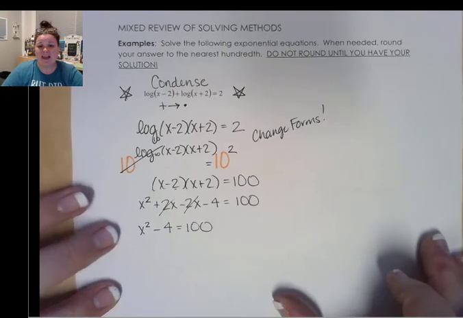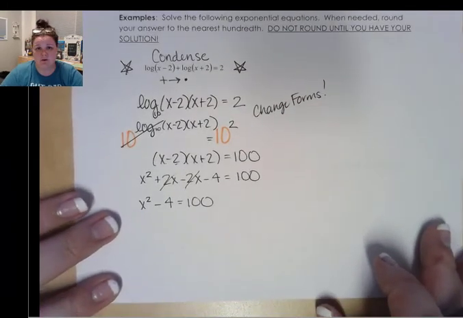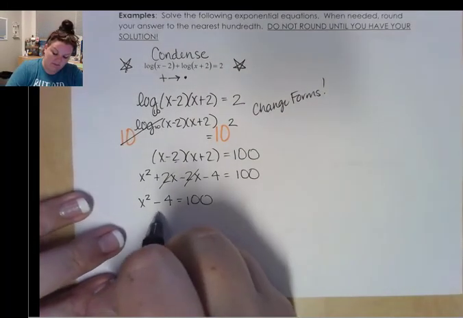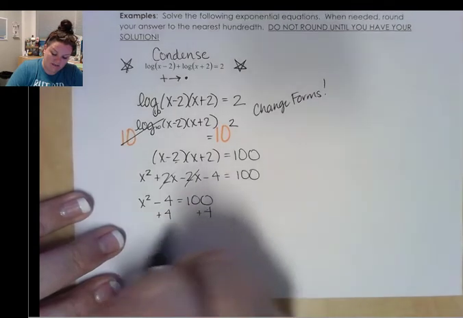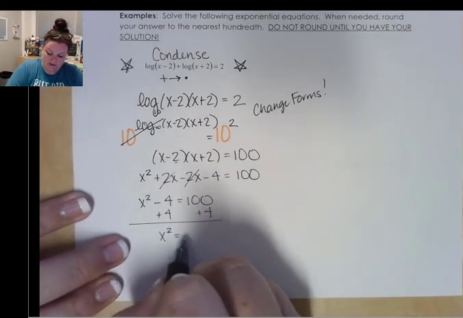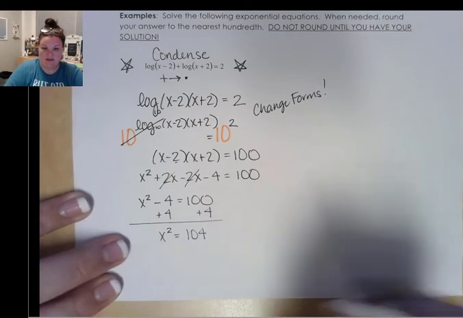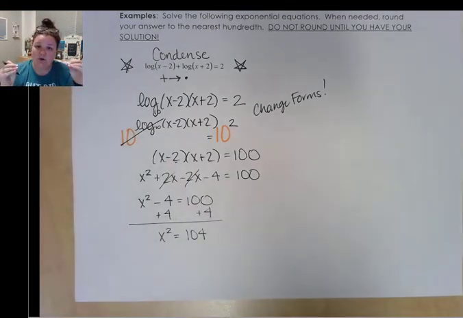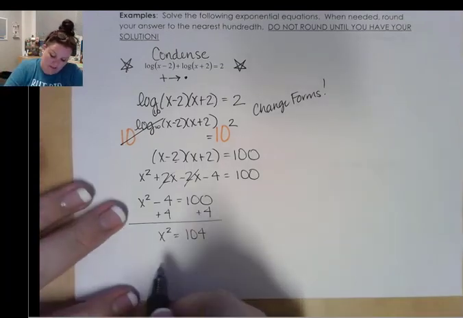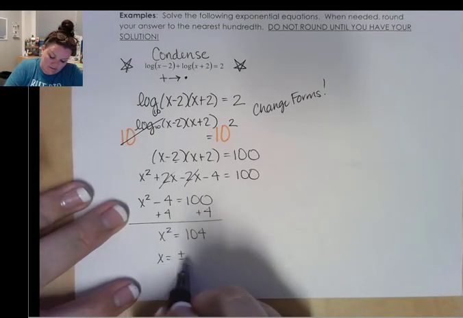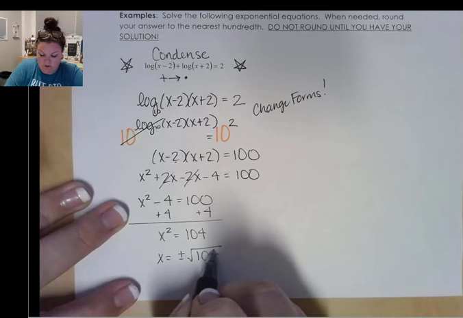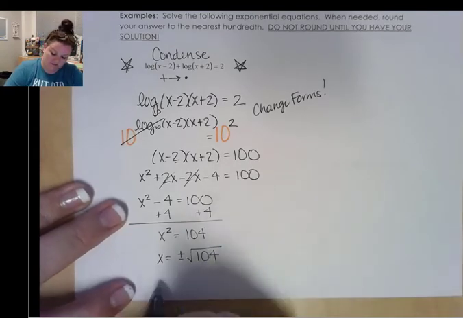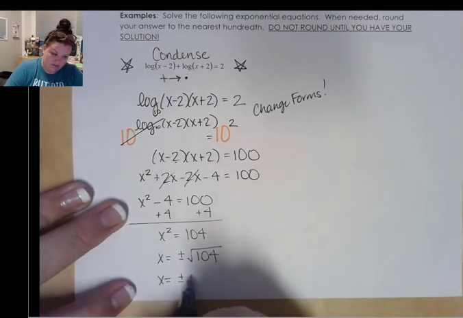And because I don't have an x term anymore, I'm going to use the square root method to solve this one. So I'm going to move my 4 to the other side. So I have x squared is equal to 104. And remember, if you use the square root to solve, you have to remember your plus or minus. Okay? So I get x is equal to plus or minus the square root of 104, which gives me x is equal to plus or minus